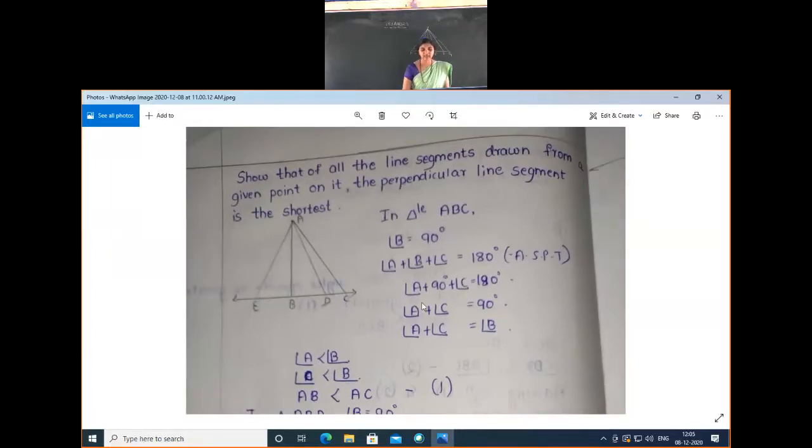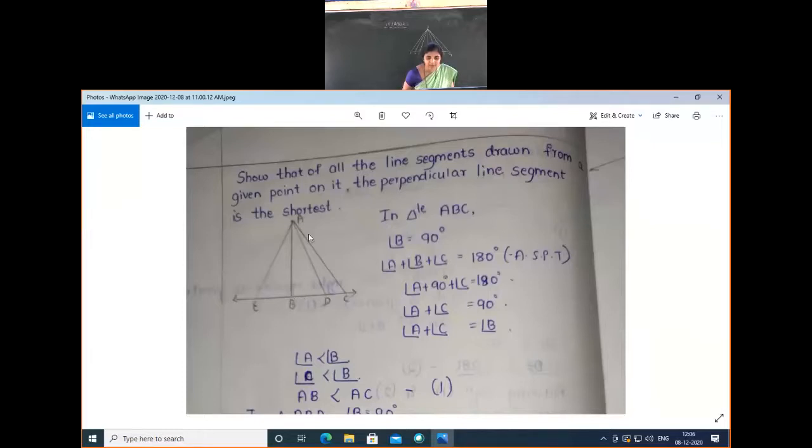See here, we took one line here. AB is the perpendicular line. AE is another line. AD is again one more line, and AC. There are so many ways to reach the point A, but we have to show that this AB is the shortest distance among AE, AD and AC. So here we take AB perpendicular to EC. Here we are going to use yesterday's concept, the right angle triangle topic. First we have to choose triangle ABC. Are you observing the triangle here? Here angle B is 90 degrees.